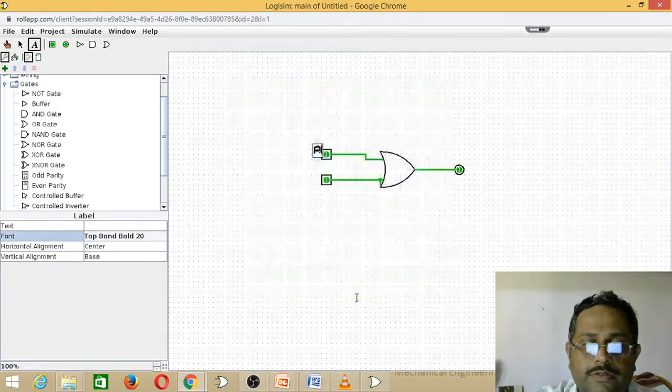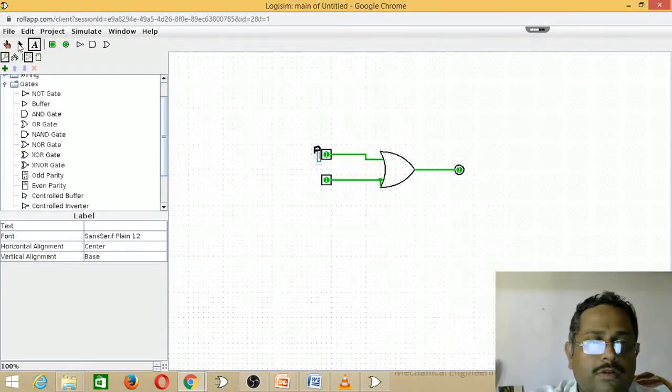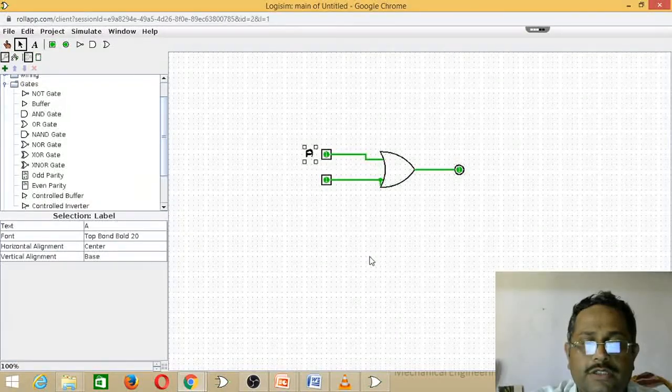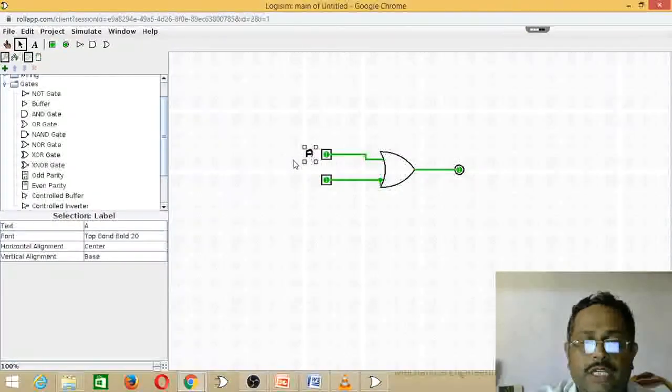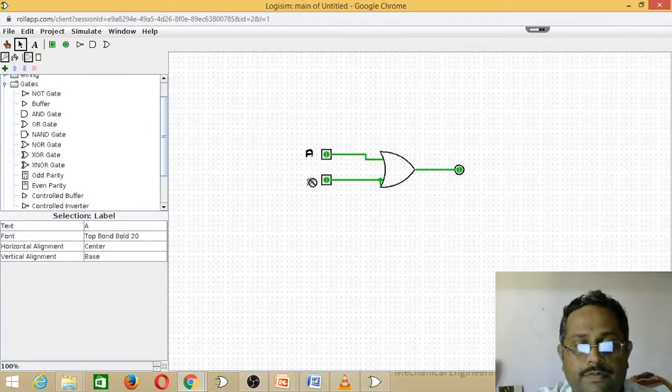Okay, go to select here and place wherever you require precisely. Next select, Ctrl C, paste it the same and edit.